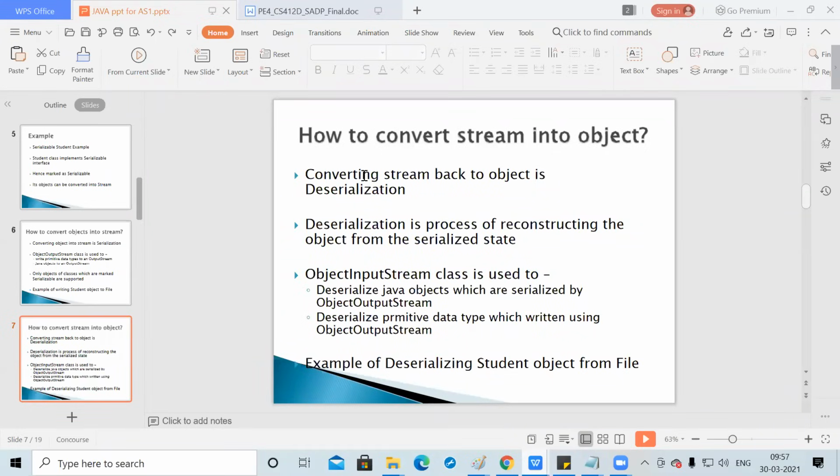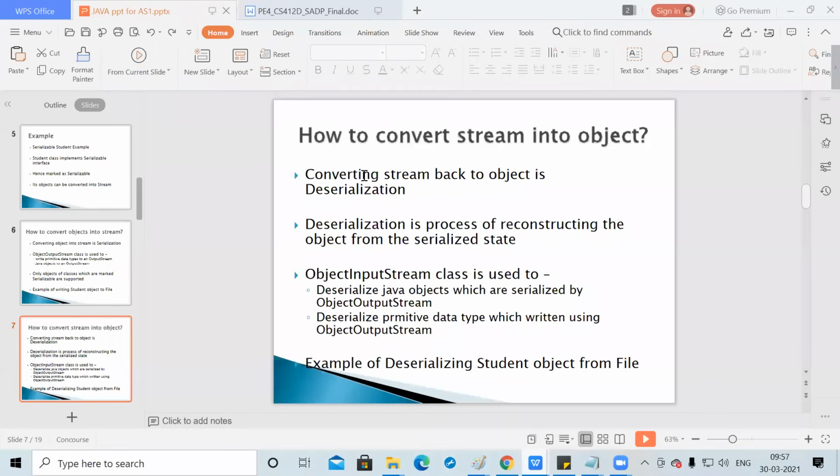For this, we are using ObjectInputStream. When we are sending anything, we have to use ObjectOutputStream. When we are getting anything, we have to use the ObjectInputStream class. This class deserializes the Java objects which were serialized previously by ObjectOutputStream, and it deserializes the primitive data types written using ObjectOutputStream.